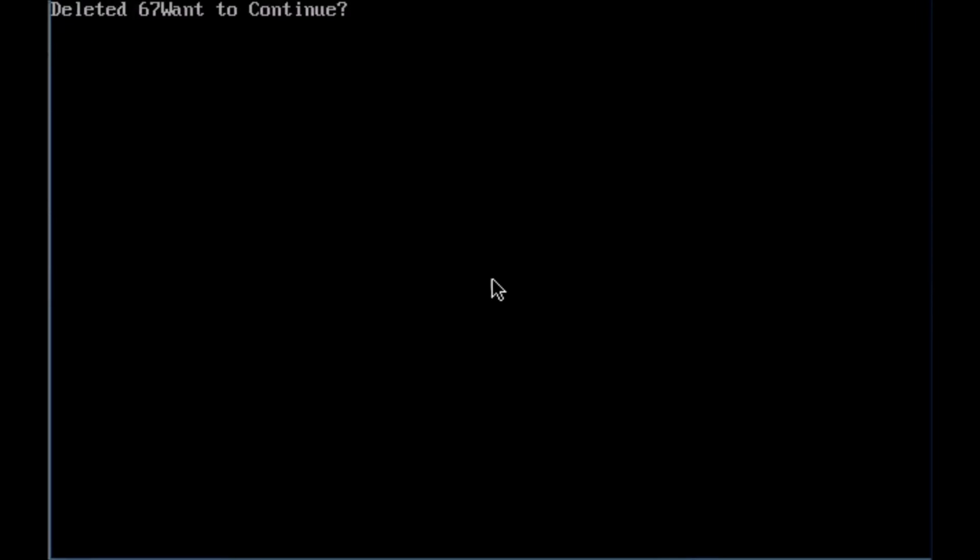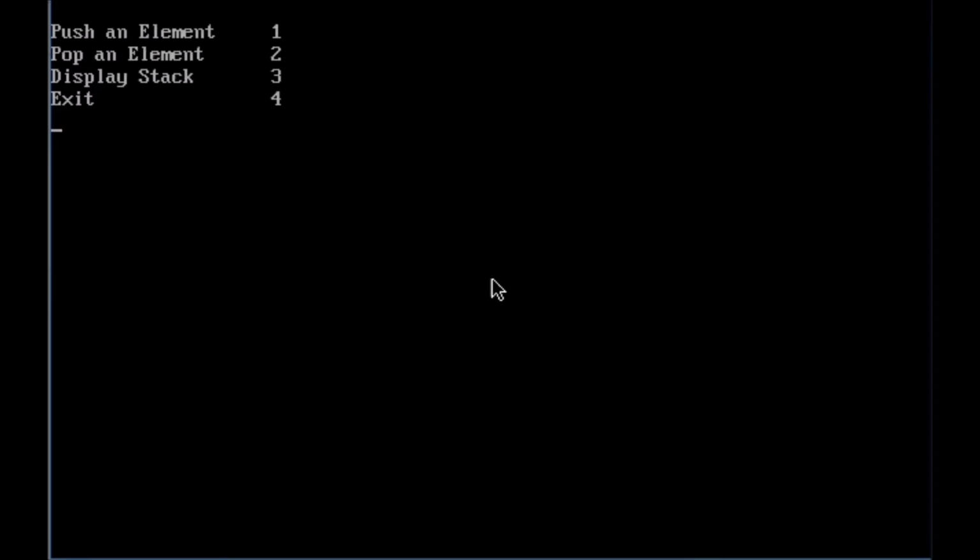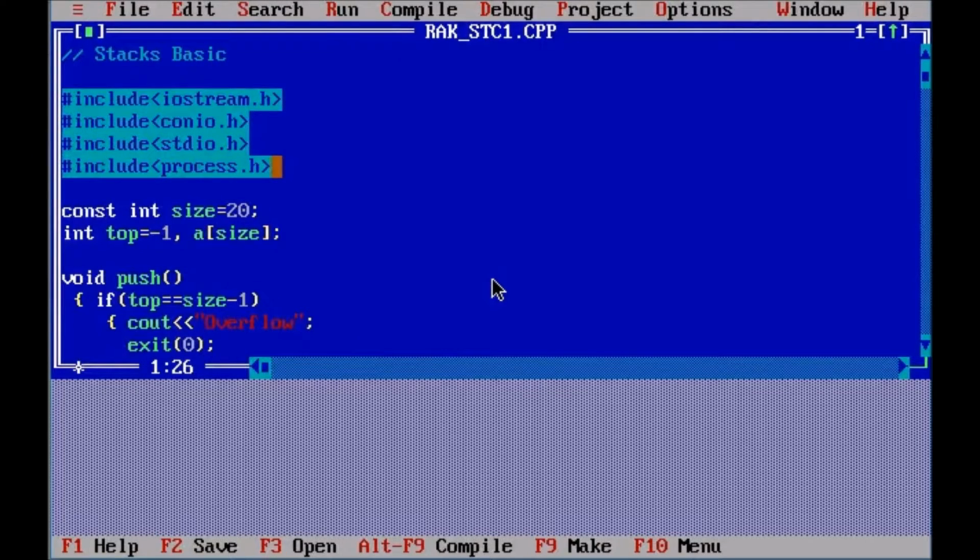So the element deleted was 67. It again asks want to continue, yes. Let's have a look at our stack once again. Now it's 45 and 34. Want to continue, no. So now explaining you the syntax,